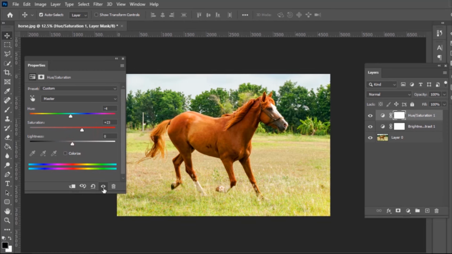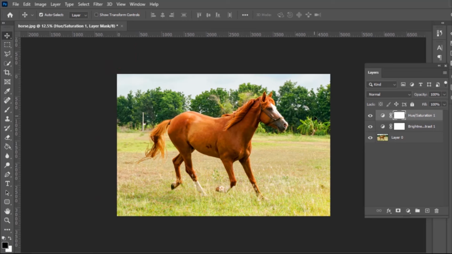Now let's look at before and after. Again, before and after, and it looks good. So once you're done, you can close that. Now let's say like these colors are way too, these leaves are way too green and you want to tone that down. You can still come, as you can see, the adjustment